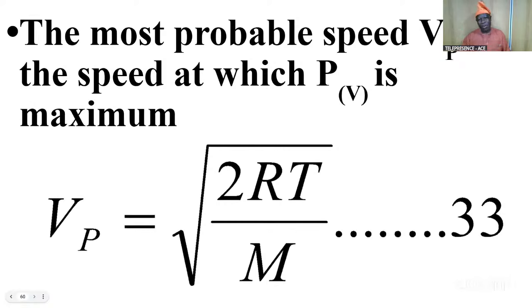So if you have to calculate the most probable speed, it's different from the actual average speed. You can only identify that with the formula. So with that, it is good to say you have more than enough, both for the test and for the exam. All you need to do is sit down with the questions and the theory aspect of this topic. I believe you'll be able to do well.